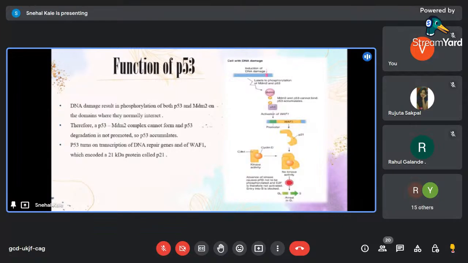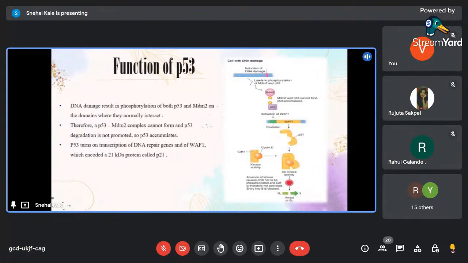As they cannot bind to each other, accumulation of P53 starts, which increases the concentration of P53, which leads to activation of VAF1. Then VAF1 produces P21, functioning as a transcription factor. P53 turns on transcription of DNA repair genes, and VAF1, which encodes a 21 kilodalton protein called P21. Then P21 protein binds to CDK4 and cyclin D. As P21 binds, it restricts the kinase activity, and the cell cycle will stop or cannot move from G1 to